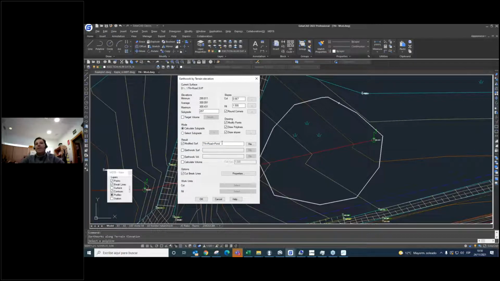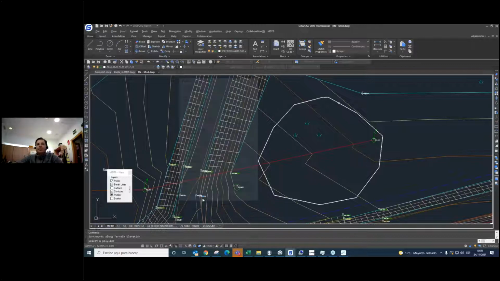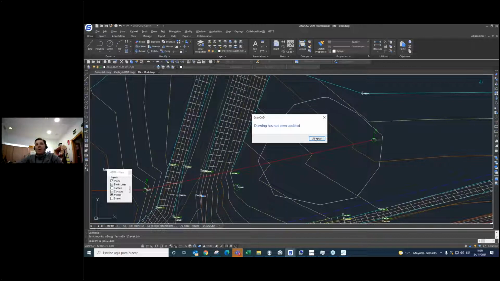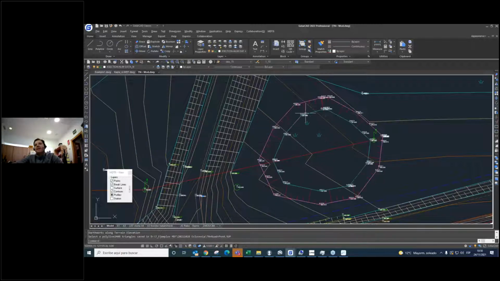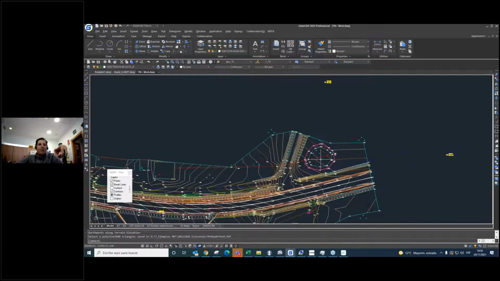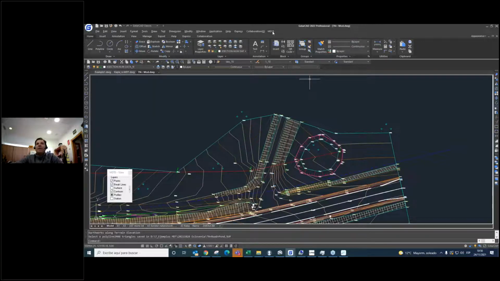And this is the file where we save the final surface, the final MDT digital model, to work with. For example, we can evaluate the calculable volume, with this pond, for example. Okay, and here is our volume. Okay, if we have MDT